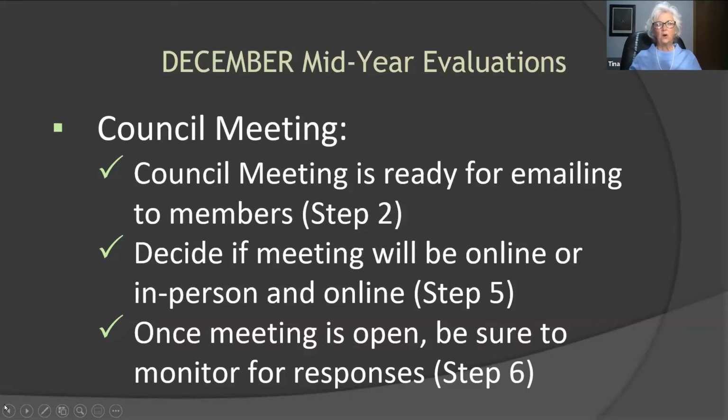Once that meeting is open, and this is very crucial, I will give you a heads up: I made it very clear to the council members that if they have any questions, concerns, if they're just lost in this meeting, and it would be easy for them to get lost, you are constantly monitoring this meeting for their responses.